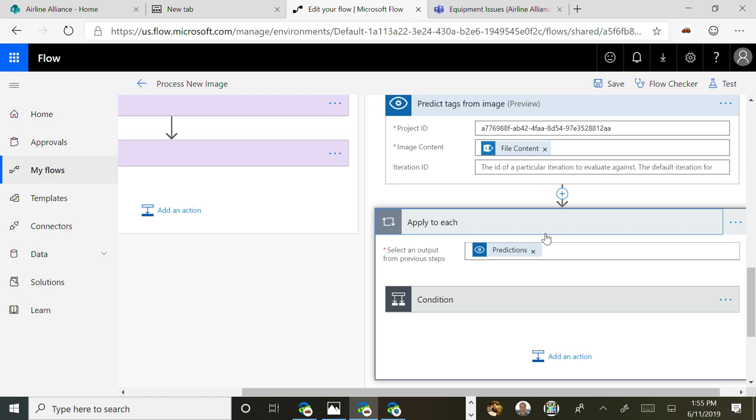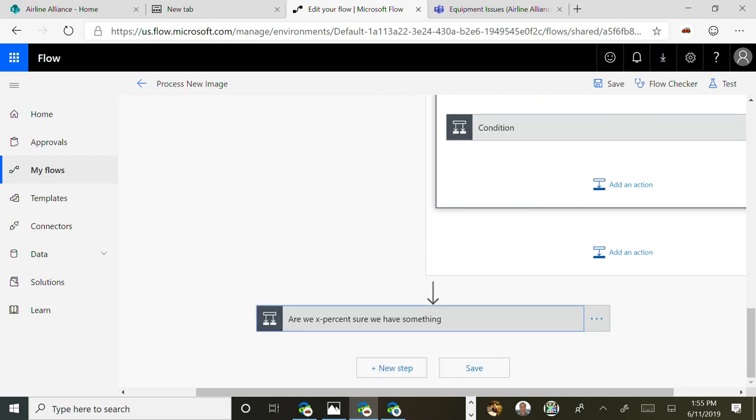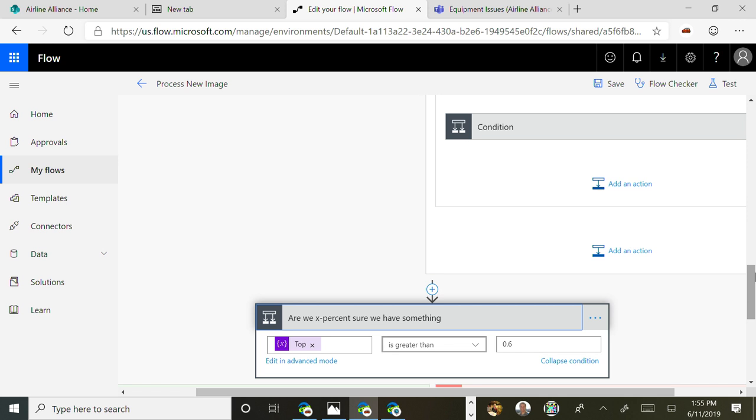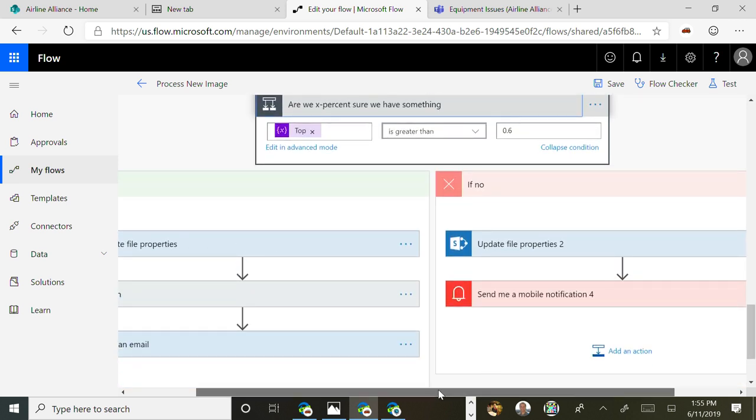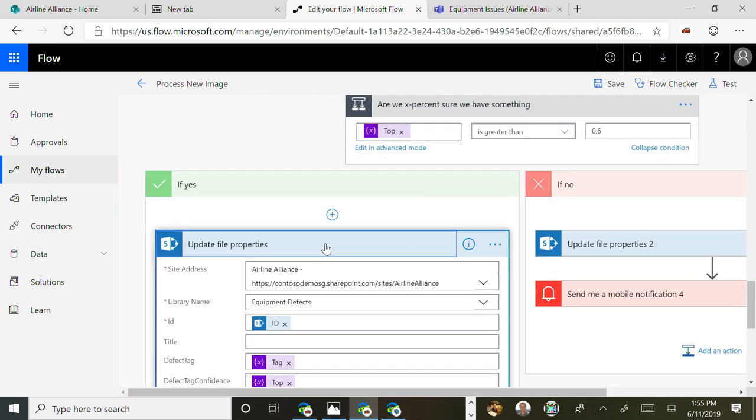And the reason why I'm using a loop is a custom image recognition model is going to return multiple tags, and then we have to loop through and see which the most prevalent tag was. As we get further on down, if we are at least 60% sure we have something, then I will update that file with the right tag.